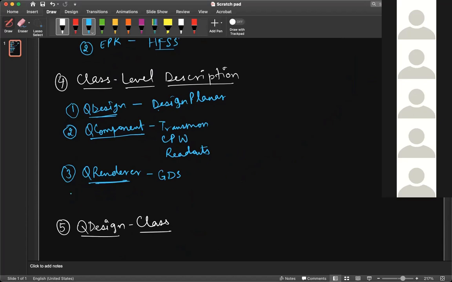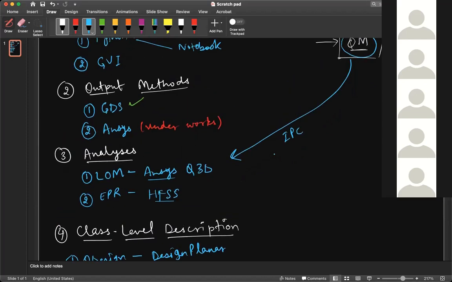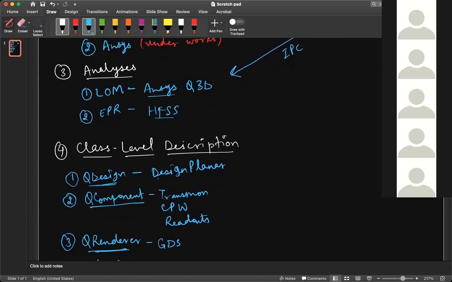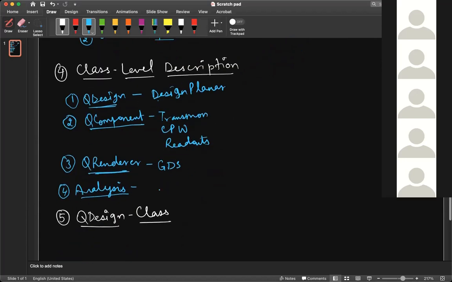Finally we have the analysis part, which is used to start the inter-process communication with these two softwares, ANSYS and HFSS.